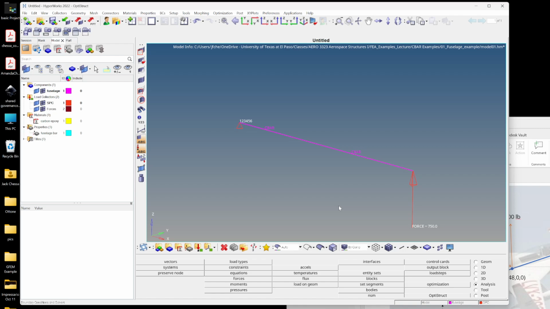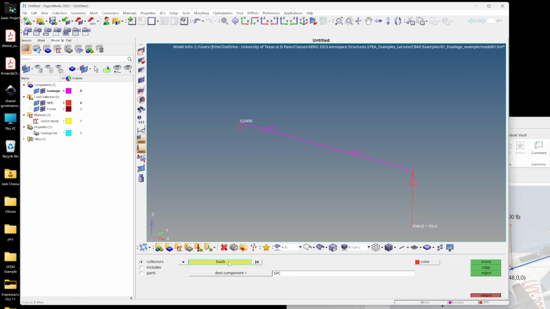So the way we modify things like move elements, stretch them, rotate them, move things from one component or collector to another, it's all through this tool button. So like it has lots of tools, right, as the name would imply. So we're going to click on that, and if you put things on wrong components or collectors, we use the organize to fix that. So I'm going to click on organize,